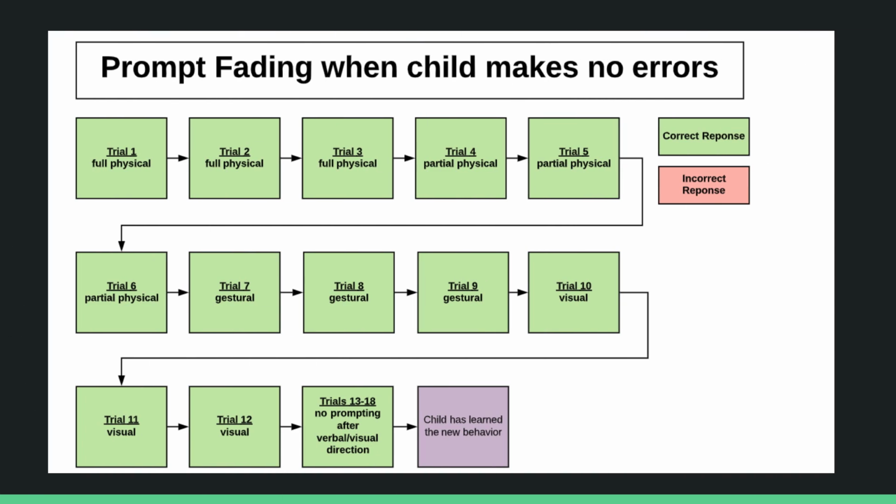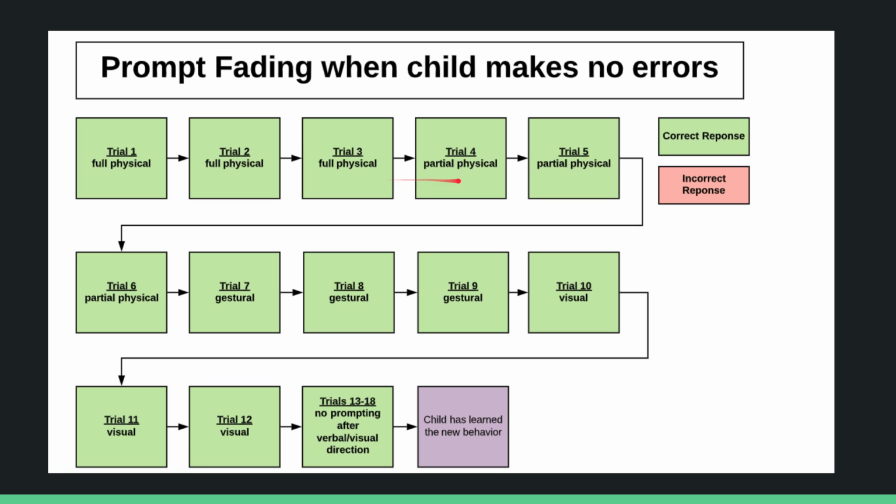So this is what it looks like in action. Prompt fading when a child makes no error. This is for our receptive skills. So you do full physical, there's no error. You get another full physical in trial 2, there's no error. Then in trial 3, you get another full physical. All right, so we feel pretty good that they understand how to do the behavior